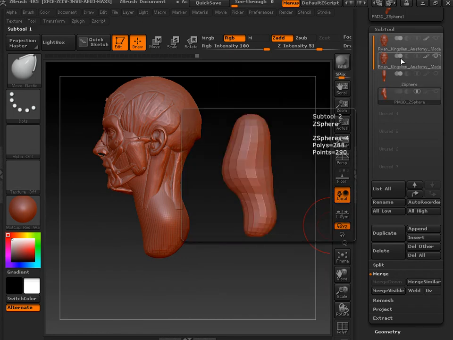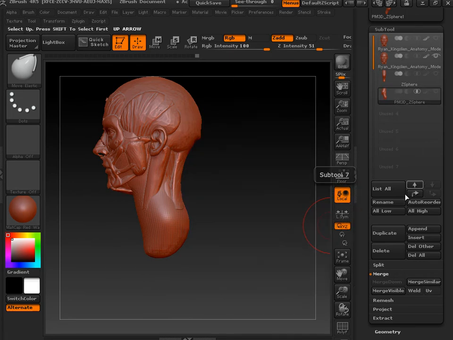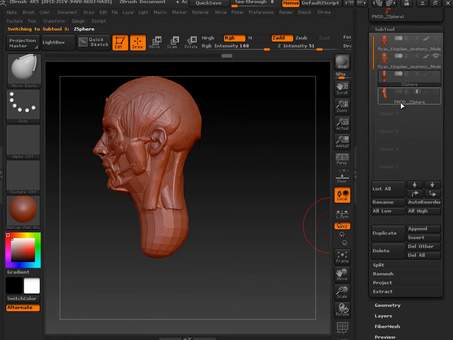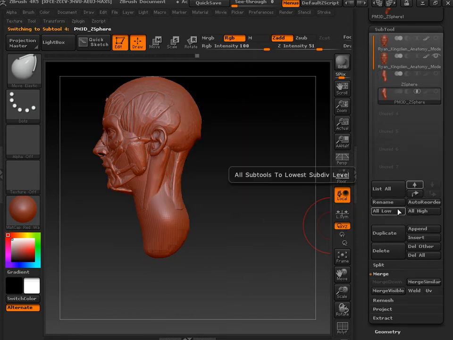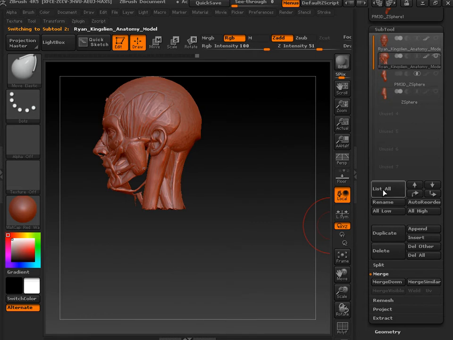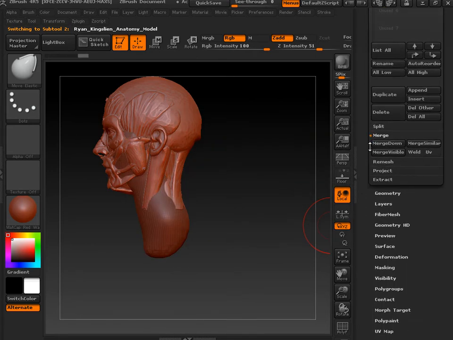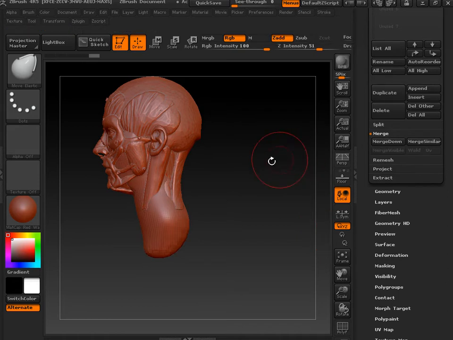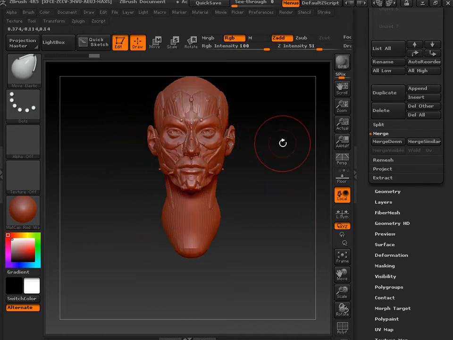Now, I want to merge this one and this one together, so I will drag that up, and that is to move up. Now I can go to this one and merge down. Now, with this all showing,